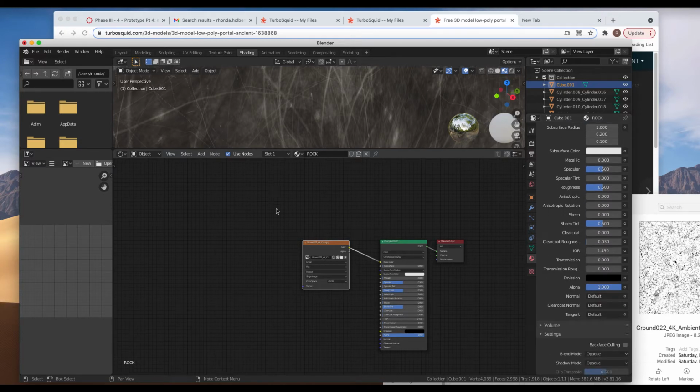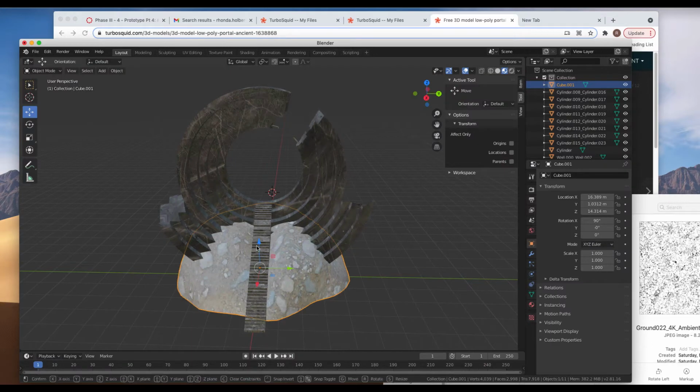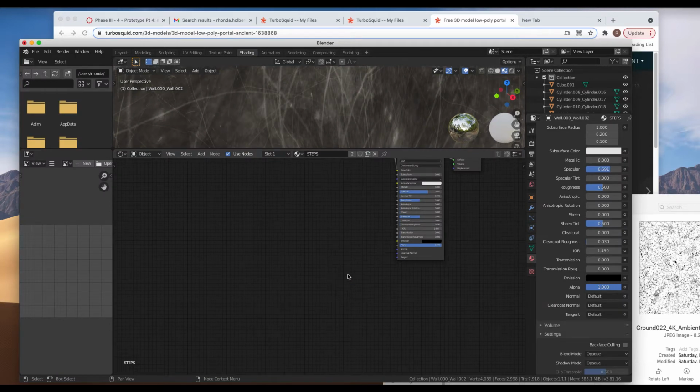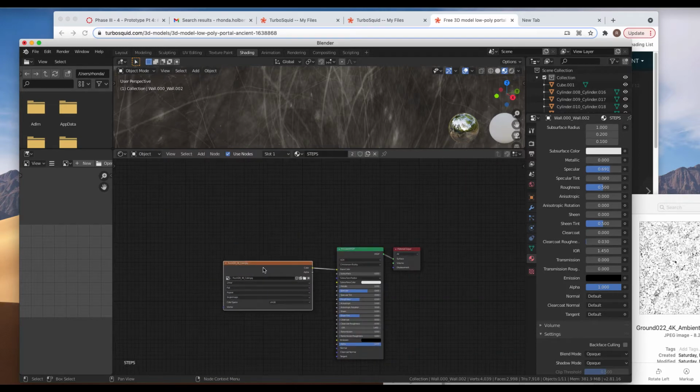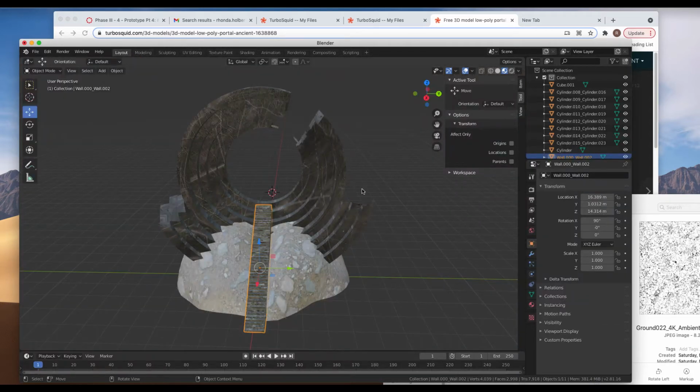That all looks great. And then I'm going to do the same thing under my layout for the stairs, which is called wall, and I forget which texture we're using, but that's fine. So I'll go back into shading. There we go. And delete the normal map. All right, so perfect. So we've just got the image, base color. Wonderful. And then I'm going to do the same thing for these metal pieces, because each one of these pieces is a unique piece, but they're all being driven by the same